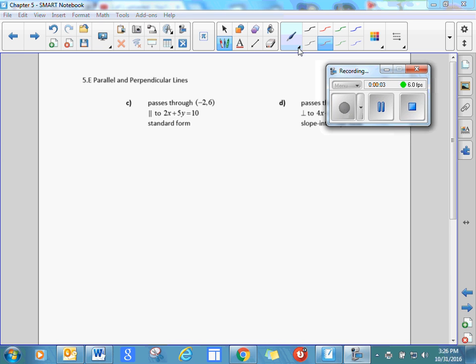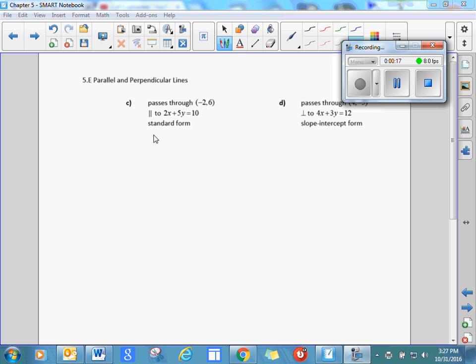We have a couple more examples that practice creating equations of lines that are either parallel or perpendicular to a given line. We just don't have the steps outlined here for us, but I think we can work our way through them. So let's start with example C. They tell us the point on the line that we're trying to write an equation of, and they give us a comparison line, and they say it's parallel. Our line needs to be parallel to this guy right here,